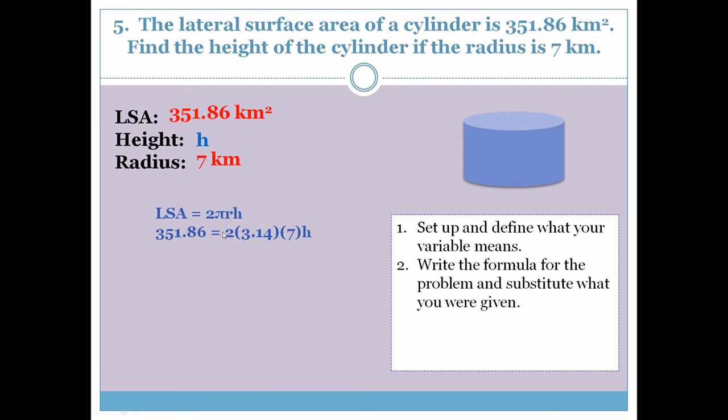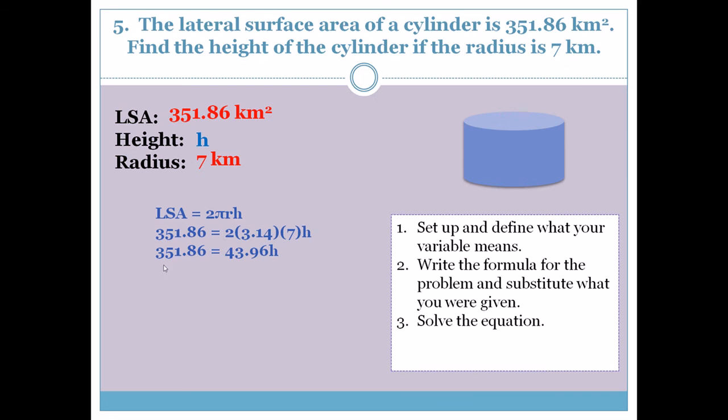We need to multiply everything on the right. So 2 times 3.14 times 7, and I don't know what h is, so it just has to stay there. And I have 43.96 times h. How do you get h alone? That's right. So you're going to type in your calculator